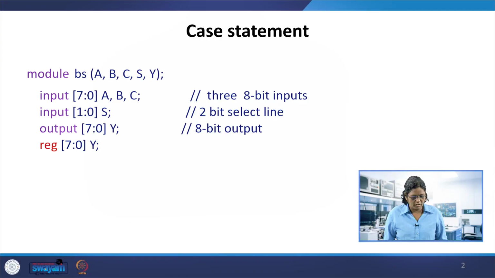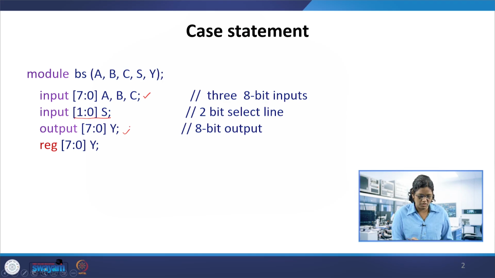In continuation to the case statement syntax that we had learned, we would be making a model of this. There is a module which has inputs A, B, C of 8 bits each, and a 2-bit select line, which is also an input, and the output Y of 8 bits. From the inputs A, B, C, we are going to select a certain input and assign it to the output Y